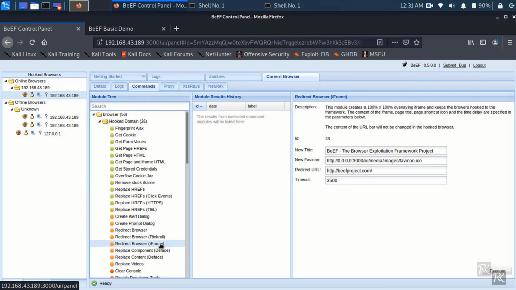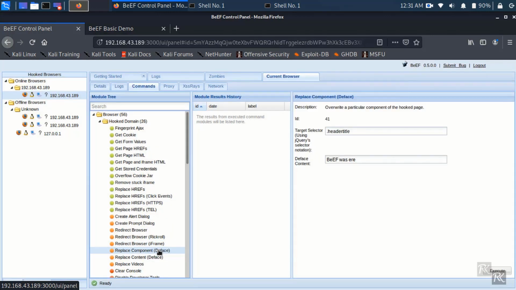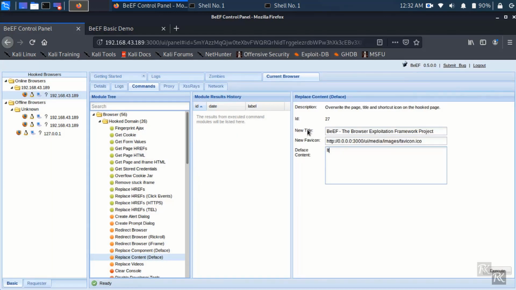So let me show you this one. We will use this replace content. So now in this you can replace the content. I am writing there, it is fun to learn the Kali Linux, and you can change the title too.